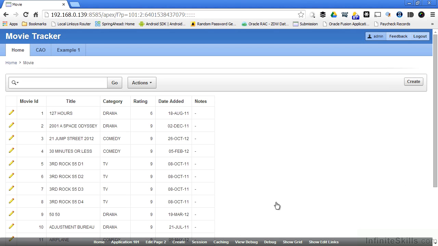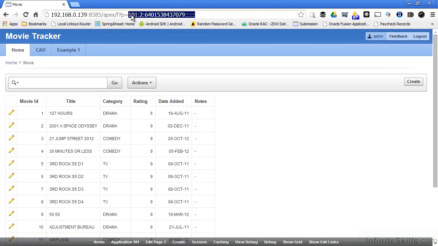If you've been looking at the URLs in our lessons up to this point, you'll see that all of the URLs follow the same basic format. The server name, or in my case, the IP address where my Oracle Application Express instance is running, the port number of what Oracle Application Express is listening on, a /apex to indicate what we want to run inside of our application, this F?p= and then a set of numbers separated by colons. Everything to the right of the equal sign are parameters that drive what we're going to see inside of our